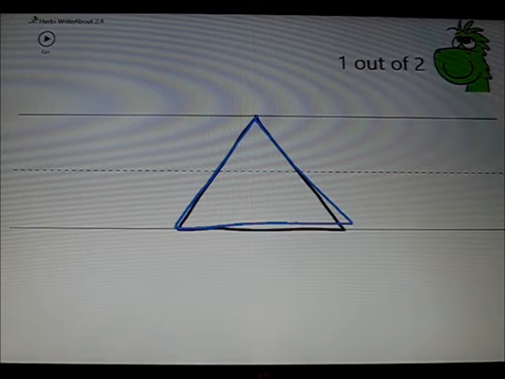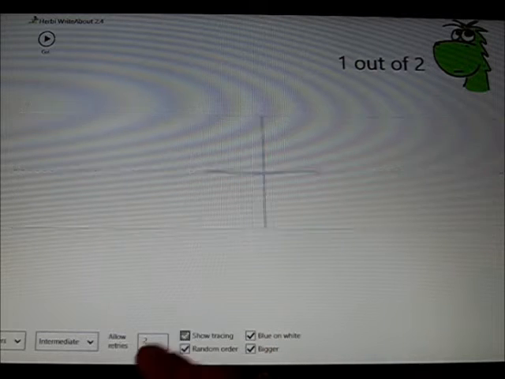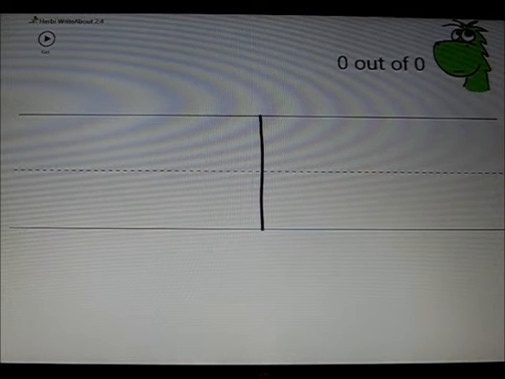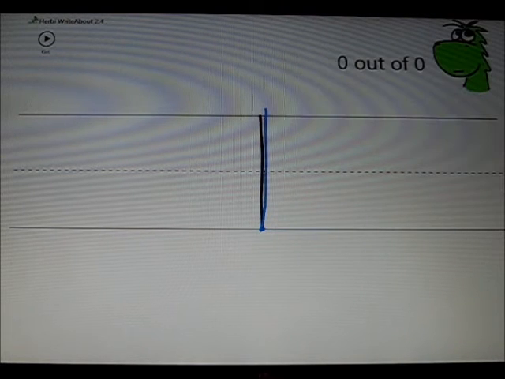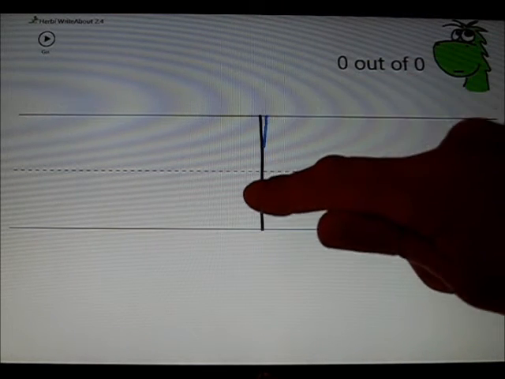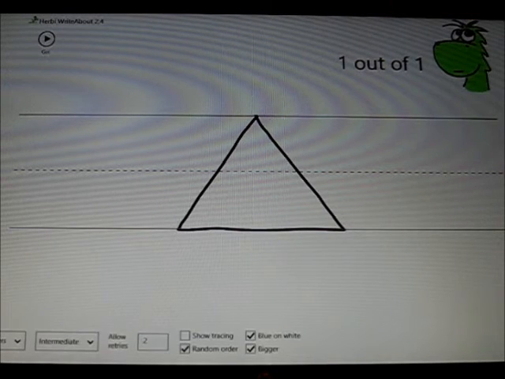Other options include turning the tracing off, which means that the red dot doesn't show, and this means the student has already progressed to a point where they know how the letter is to be formed. So I'll do it backwards. That was not evaluated as correct. I'll do it the expected way, and it is evaluated as correct. Other options